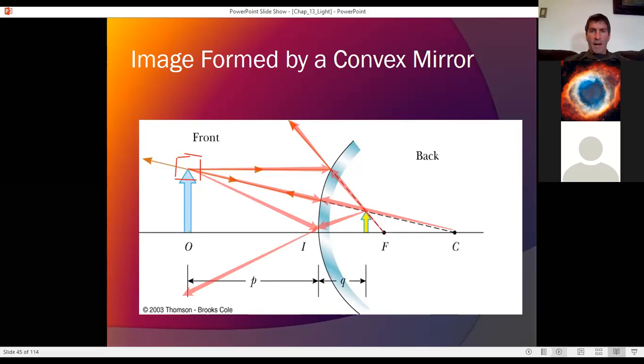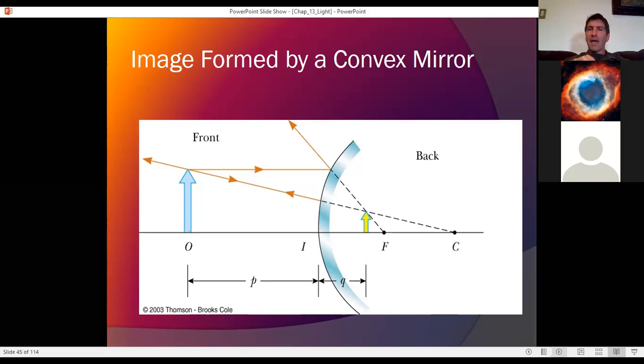So all the rays that are reflecting from the top of that arrow are coming from that point right there. And we can convince ourselves by playing a little bit of geometry that that's where that image actually originated from. Okay, it's smaller, all right,